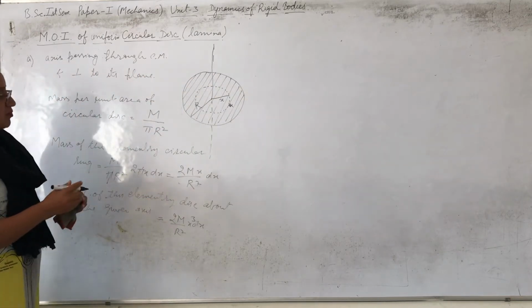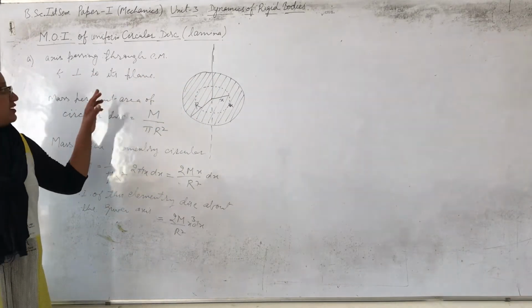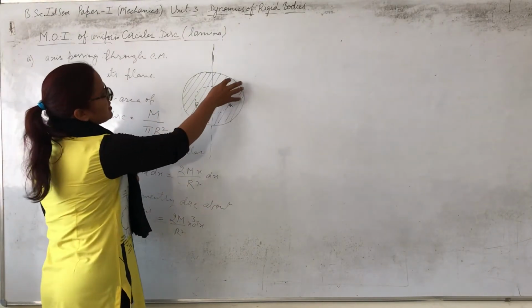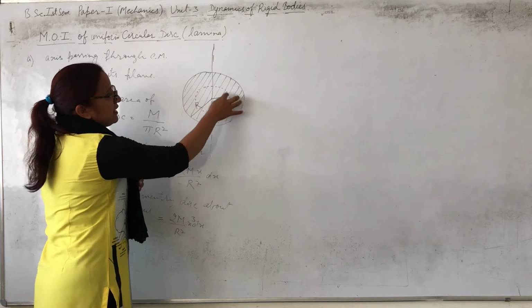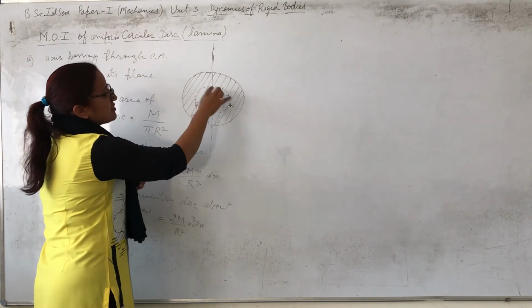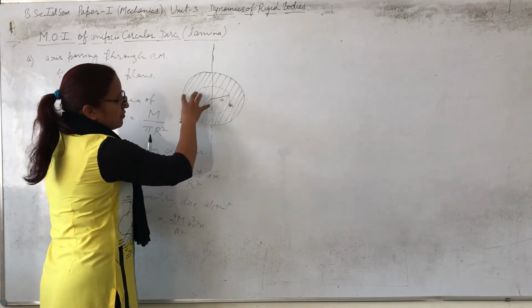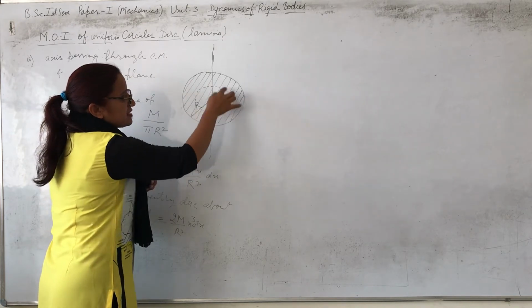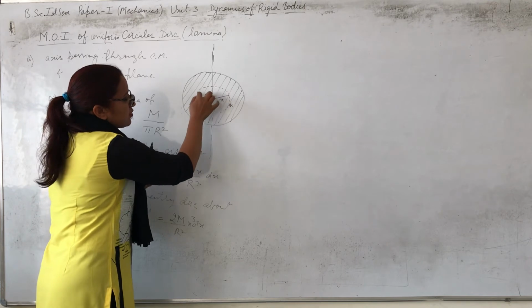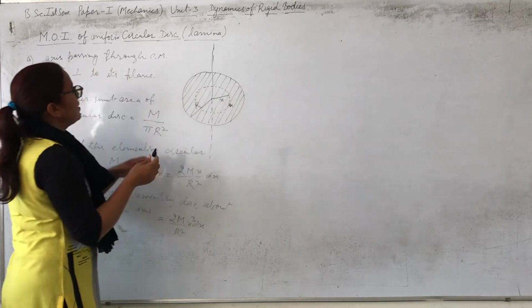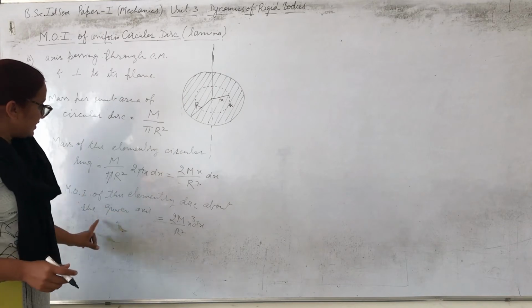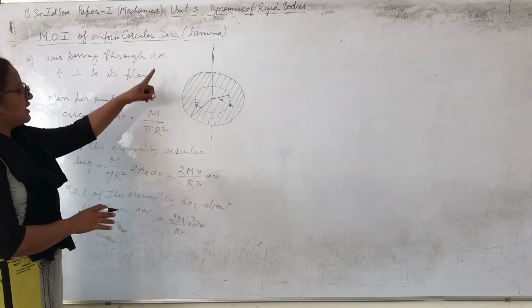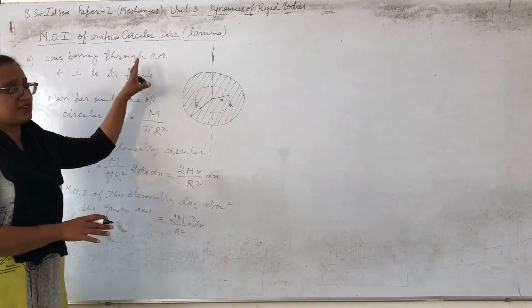Now we have to calculate the moment of inertia of the entire circular disc. As this is made up of a large number of these elementary rings, placed from a distance 0 to r over the entire radius, closely spaced, this structure makes up the circular disc. So we will integrate this expression over the limit from 0 to r, and we will get the moment of inertia of the entire circular disc.